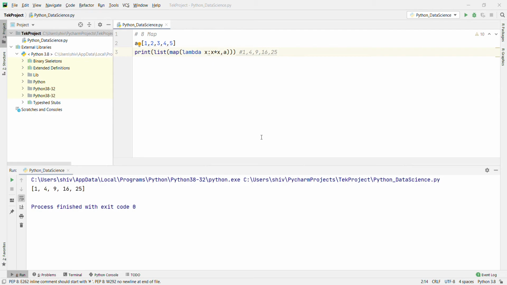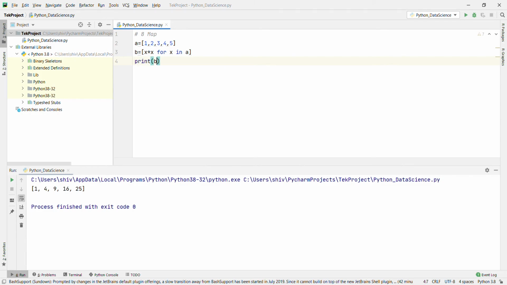The operation can be done with a list comprehension. Instead of that, we can use b = [x * x for x in a] and print b. That will give the same output.